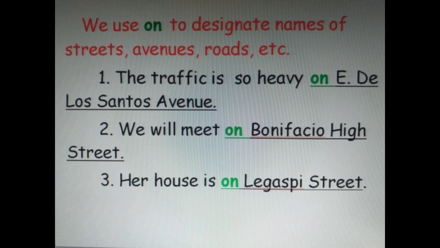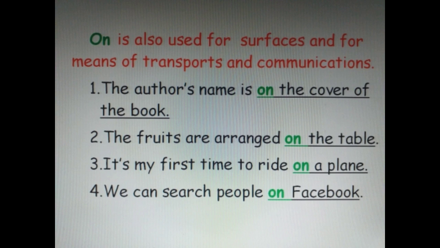Next sentence. Her house is on Legazpi Street. So here we use on plus a street, which is Legazpi Street. So on Legazpi Street. Our next topic would be on, as used for surfaces and for means of transports and